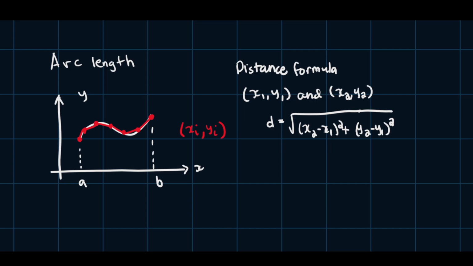Okay, we're going to recall the distance formula. So if we have 2 points, x1, y1, and x2, y2, the distance between these 2 points is given by the distance formula, which is the square root of (x2 minus x1) squared plus (y2 minus y1) squared. Okay, we will make use of the distance formula to approximate or to get the value of the measure of the entire curve. Okay, so if we have a curve whose graph looks like this,